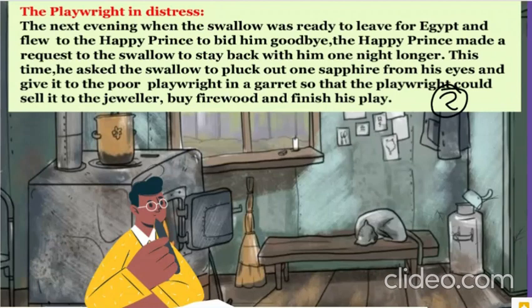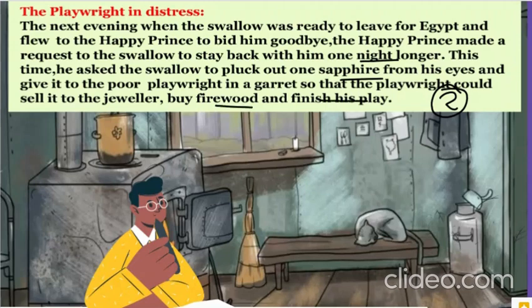gem and all. Now I am going to Egypt. So it came back to Happy Prince to say bye-bye. I am going now, but Happy Prince again made a request to Swallow to stay back with him one night longer. He said, please, just one more night you stay with me. Why? Because this time he asked the swallow to pluck out one sapphire from his eyes and give it to the poor playwright in a garret so that the playwright could sell it to the jeweler, buy firewood, and finish